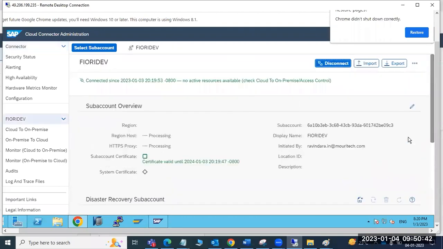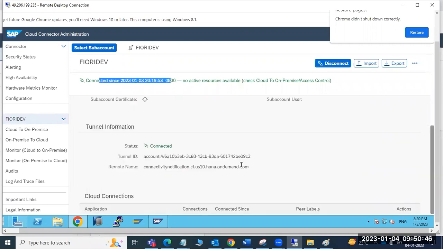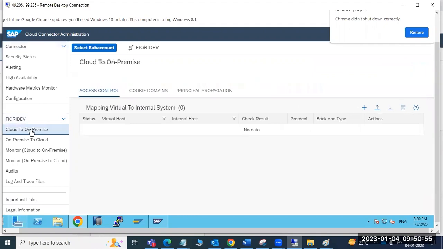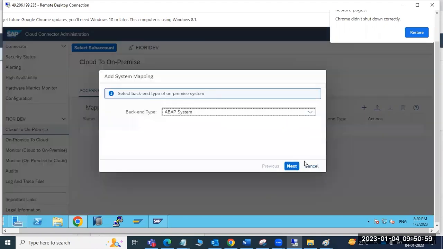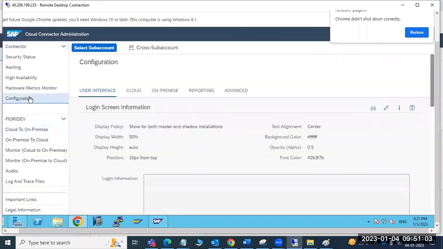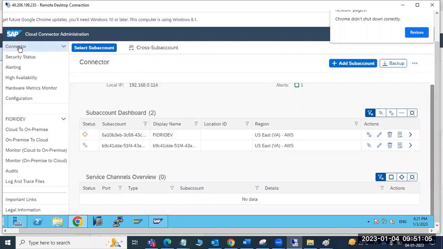Okay, it is connected. Cloud to on-premise access control. So here we have to deploy the systems. Configuration.